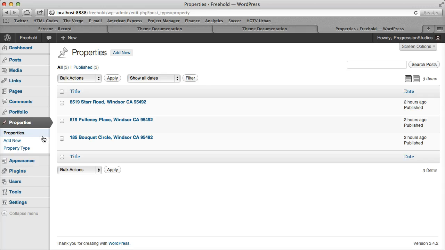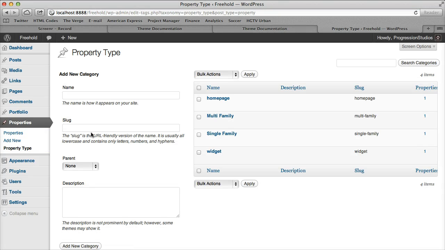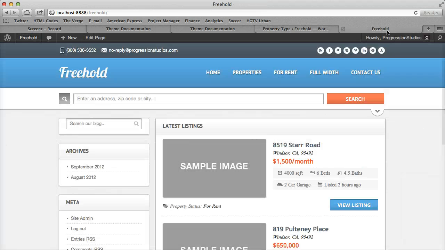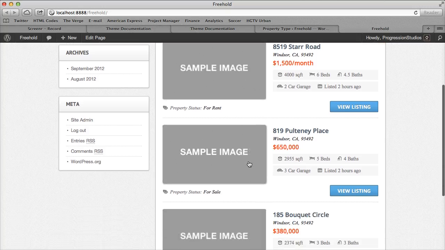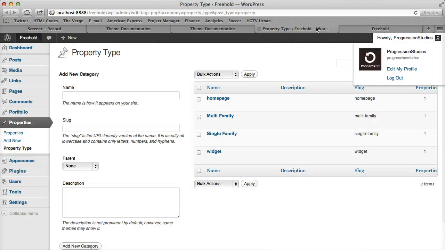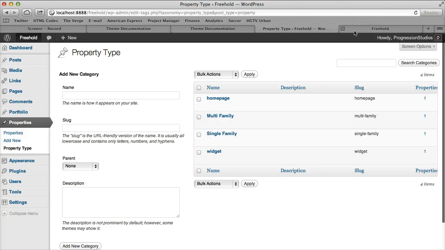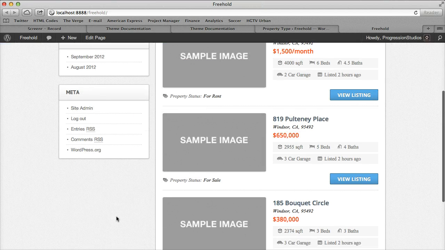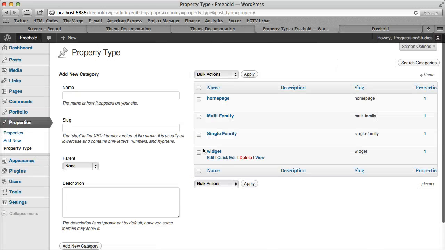And the way it pulls in is by a specific property type. I'm not sure if you've gone to the other videos, but there's a couple types that aren't surfaced anywhere, but we basically use them to tag certain things. So for instance, we have homepage, which if you use that feature, will only pull in pages or real estate posts from the homepage type. And then our widget type, for instance, we have a featured widget, and that featured widget will only pull in posts that are posted to the widget